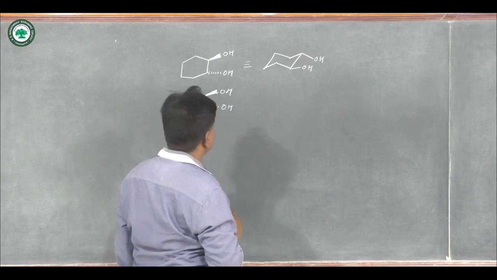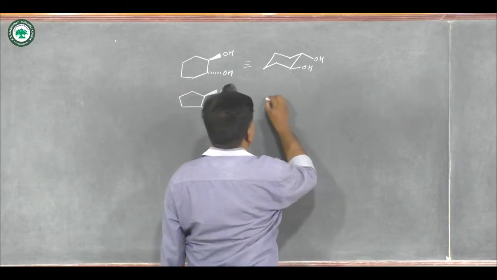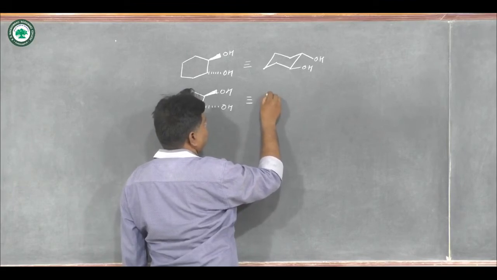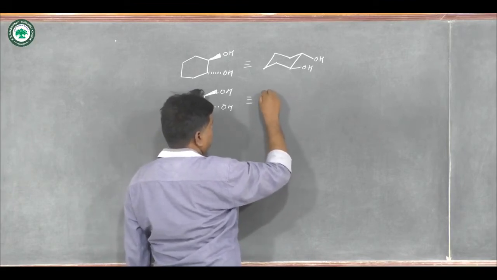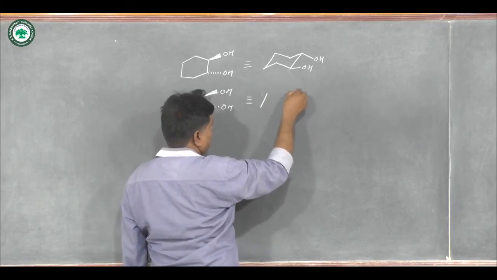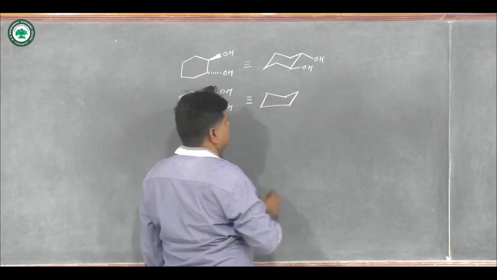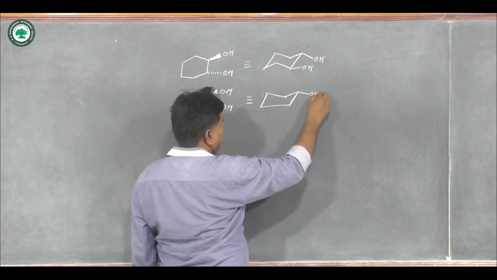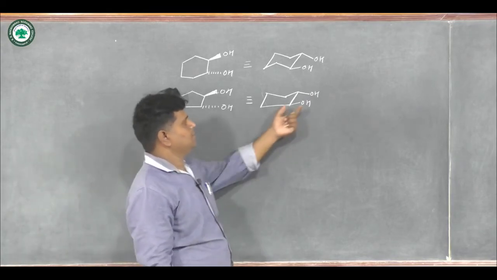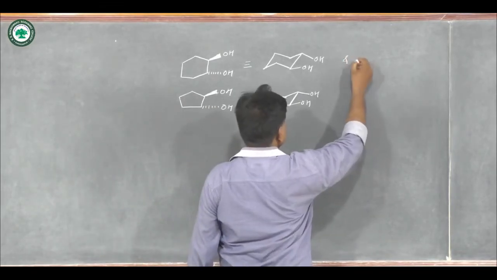This is trans, and in case of the five-membered ring system, this is a five-membered ring, and here also two hydroxyl groups, and these are trans isomers. Okay, so in this case also this is trans, and if we have cis isomer,